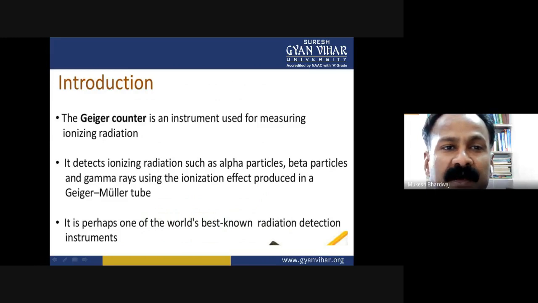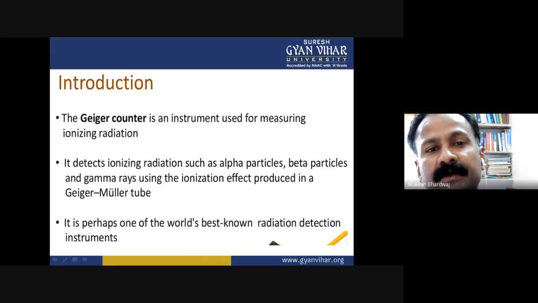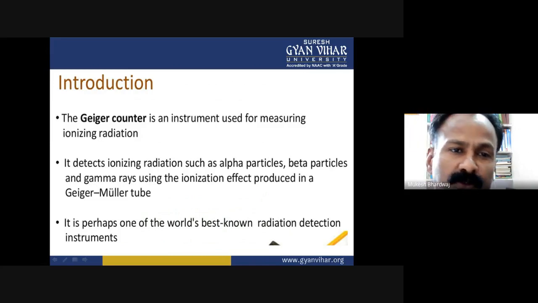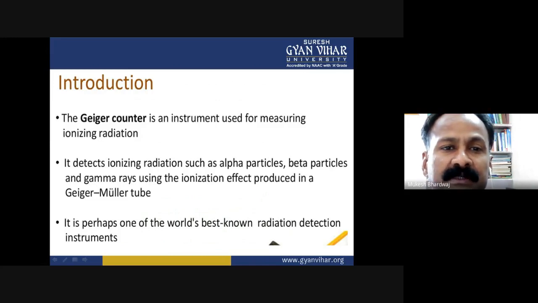A resistance R is connected in the counter circuit, so the current pulse produces a voltage across it. The voltage pulse is then amplified and counted by an electronic counter. So the basic principle of the Geiger-Muller counter is that it operates in the Geiger region. The ionizing particle passing through the tube ionizes the gas. An electron released by the ionization is accelerated towards the central wire. This electron acquires a very high velocity and produces a large number of ion pairs by repeated collision with the atoms